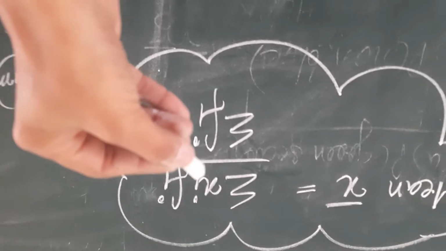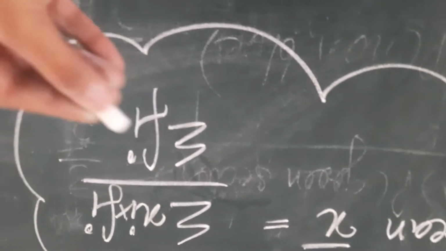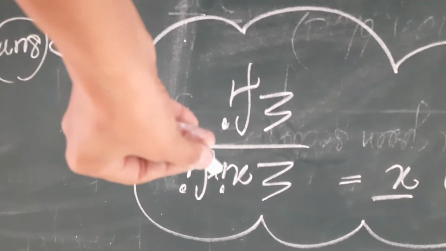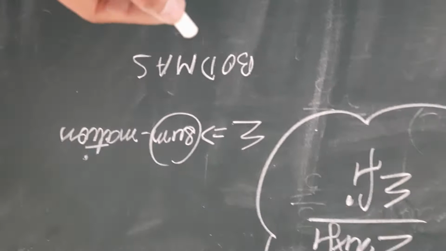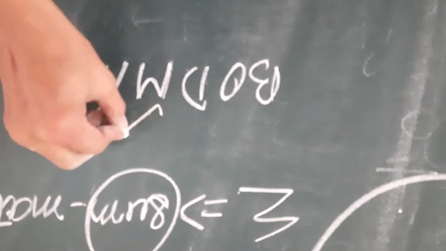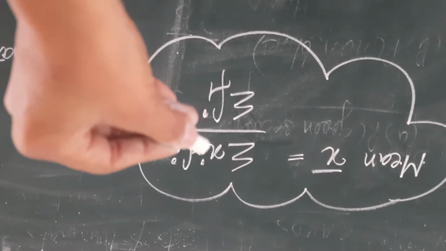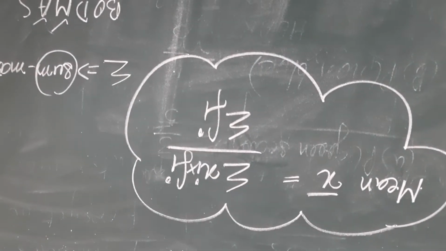Which terms do we have to add? A column xi into fi and a column of fi. And as you know the BODMAS property, just look at this property. If multiplication and addition are there, which should be done first? Before addition, multiplication should be done first. So we will first multiply the two columns xi and fi, then we will add the terms, right?